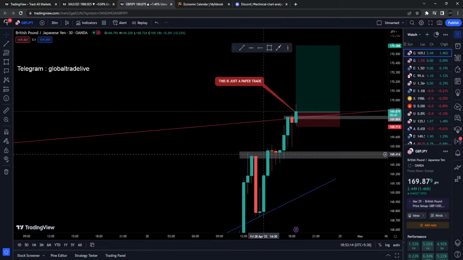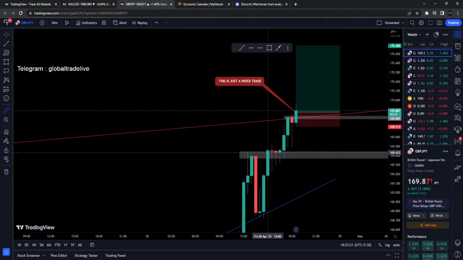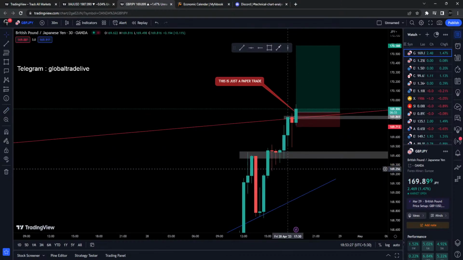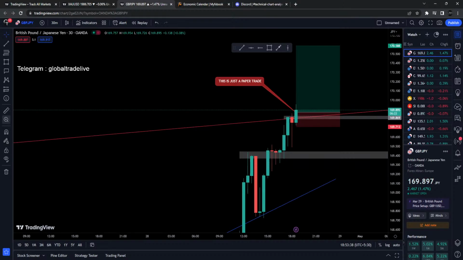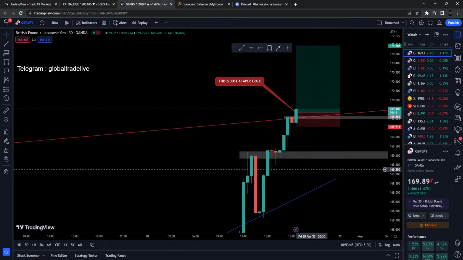But what you could have done, I don't know whether you did this or not, is if you took a trade over here and kept your stop loss below this candle's low, like 30 pips, then first of all you could have reduced your lot size. Personally, if I took 2.0 lots, I would reduce the lot size to 1.0 over here, right? So I did the risk management thing.